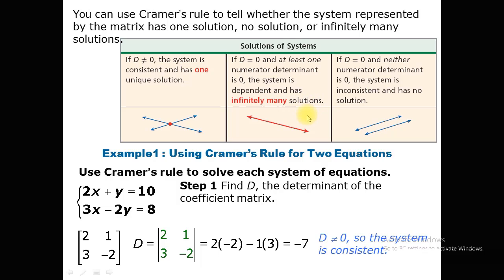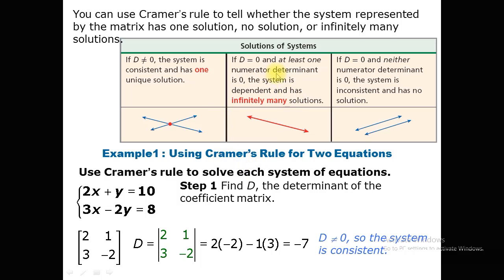So dear students, usually students say that if the determinant of the coefficient matrix is 0, then it means that the system has no solution. This description is totally wrong. If the determinant of the coefficient matrix is 0, then the inverse of the coefficient matrix does not exist. But it does not mean that the system has no solution. It means that the system has no unique solution. Maybe the system has no solution or infinitely many solutions, and it depends on the numerator determinants